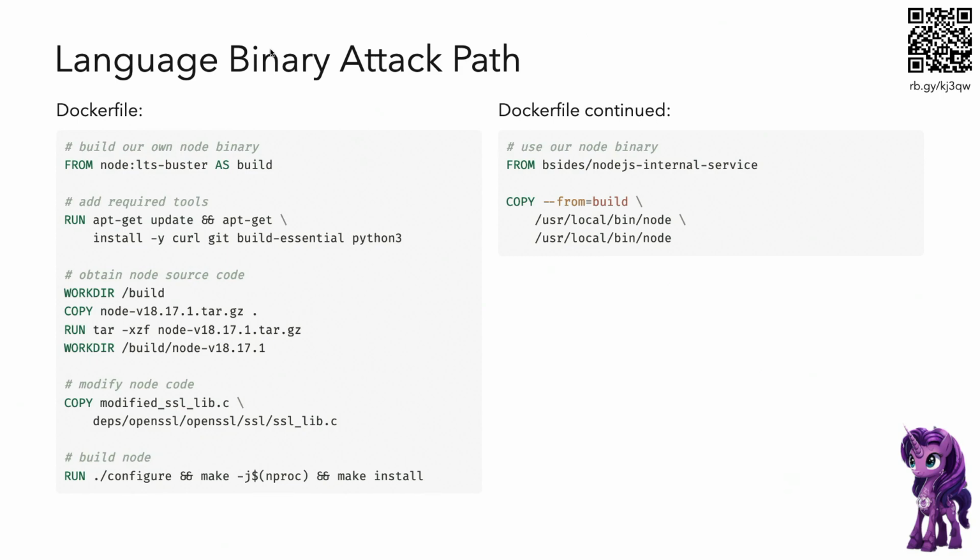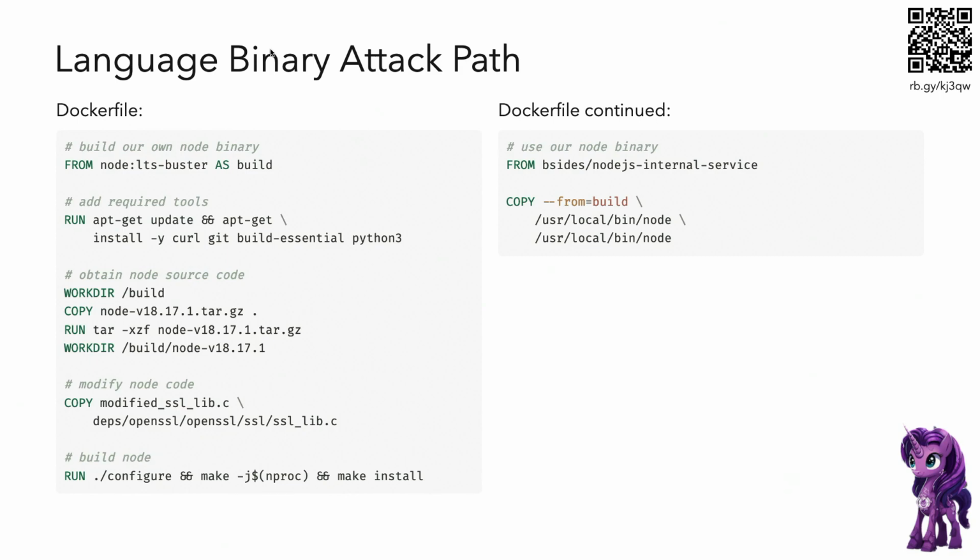The Dockerfile for this, there's a lot going on here. It's getting a node buster Docker image for doing our builds. We're updating everything, installing everything we need, grabbing the particular node tar that I previously downloaded and extracting it. This is the gold right here. We have our own modified SSL libc. That's what I showed you a diff of in the previous slide. And now let's go build, make, and do all of that. And by the way, that's the bit that takes like 15 minutes. So every time you make a mistake here, you've got another 15 minutes to wait before you find out if you're right.